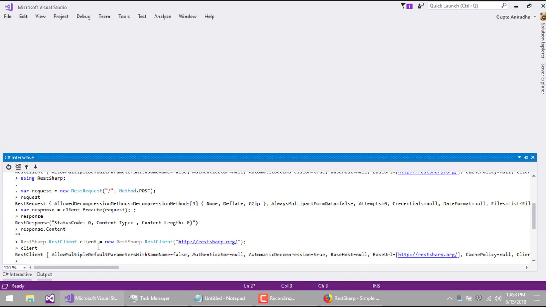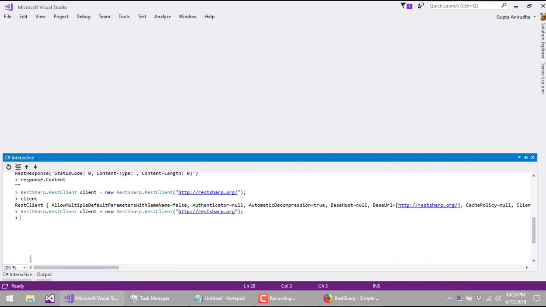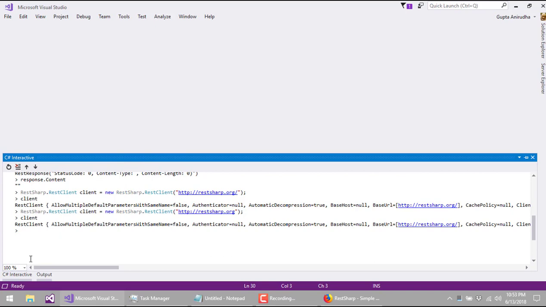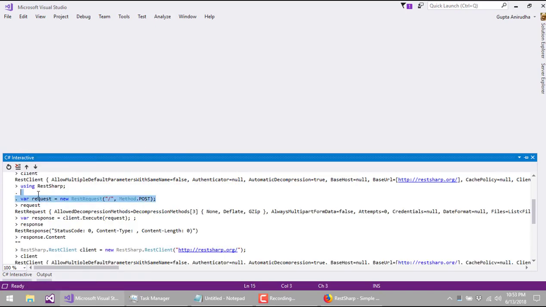Okay, no issue. If I do the same thing in the editor, it will throw an exception because you can't define an object with the same name again and again. So let's say client, created with